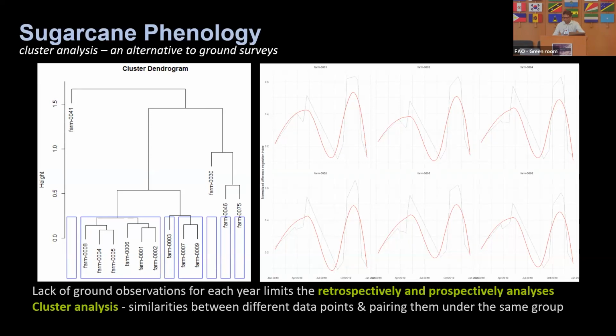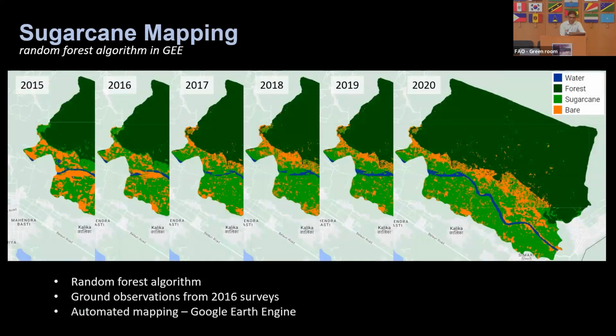We also use this phenology approach to do the mapping. In order to make it a more practical and user-friendly approach, we decided to use Google Earth Engine, where we automated the entire process. The field data we created using actual 2016 field data, we plugged in for each year for mapping. Because this is in a developmental phase, we have just used 4 classes just to showcase how we are mapping this process